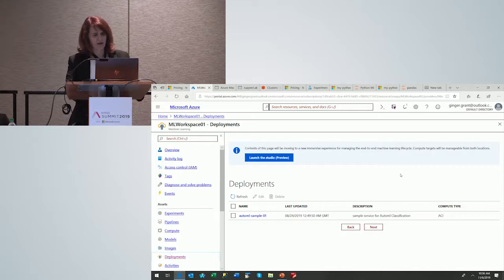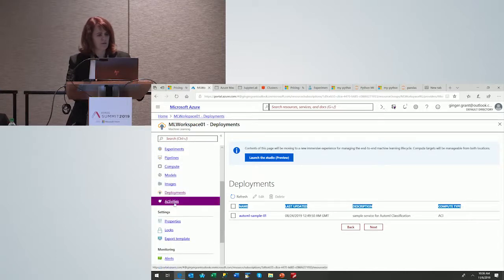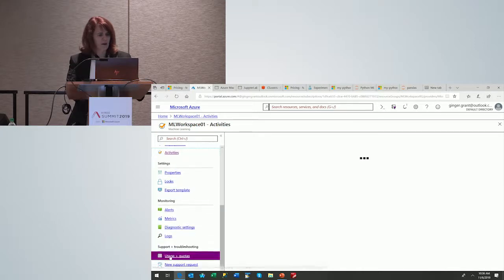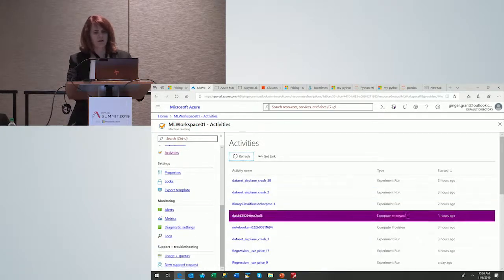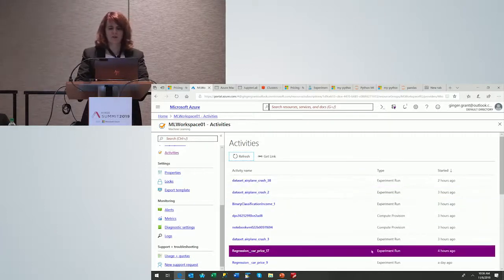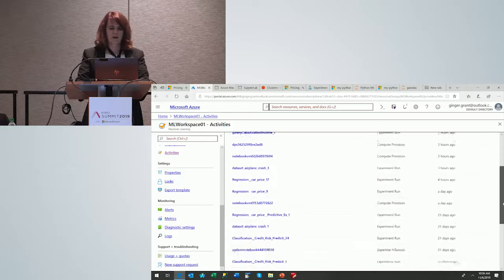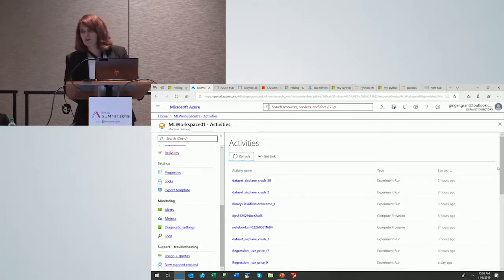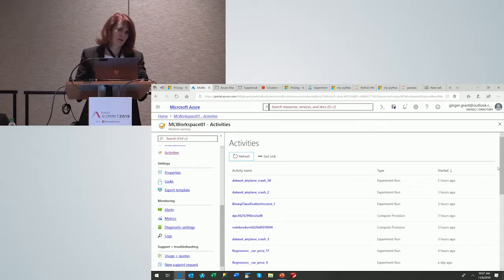And so I've got simple deployment using ACI, so that this is deployed as part of the pipeline, which it didn't show you for whatever reason. And I have different activities listed here. And then you can also see, this is everything that I've done. So you can see I've done some runs, and everything that's ever happened. So you can get a look to see what people are doing. And since everybody's working remote, this is a great way for managers to see how often people are doing work as well. So it can also be used as a monitoring tool.